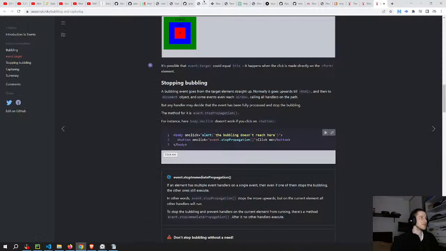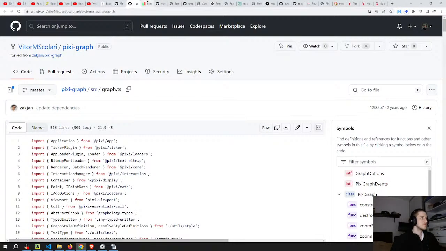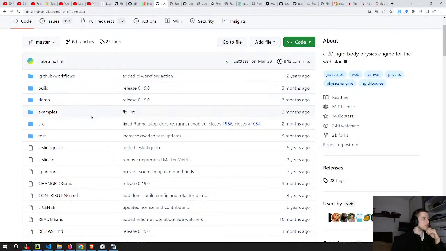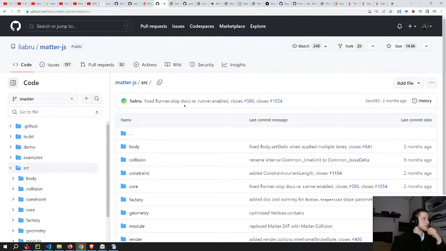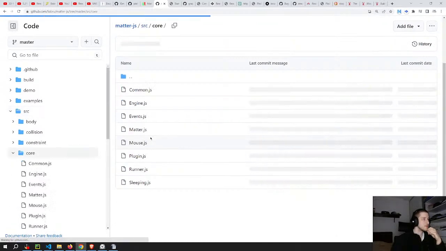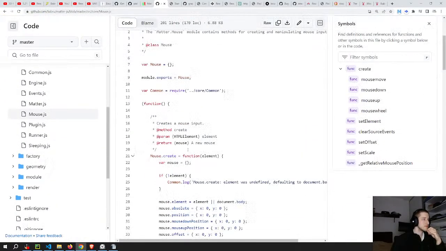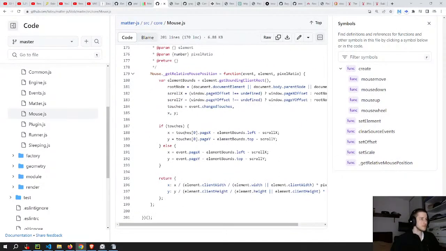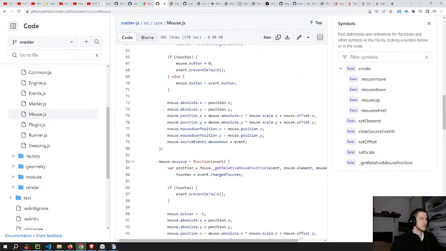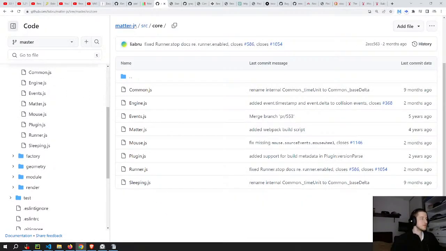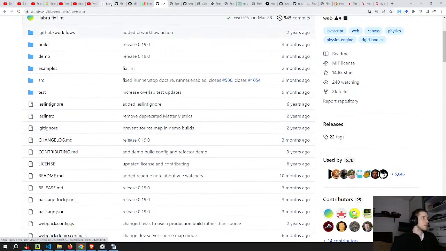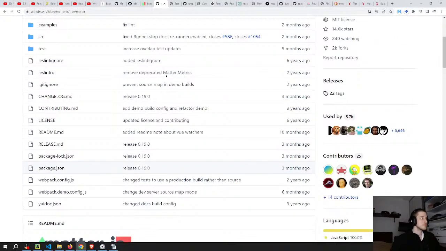Maybe I should look into their repository, see if there's a... Maybe it's better to install directly from here instead of copying the version that I have there. Maybe before I do that, I,